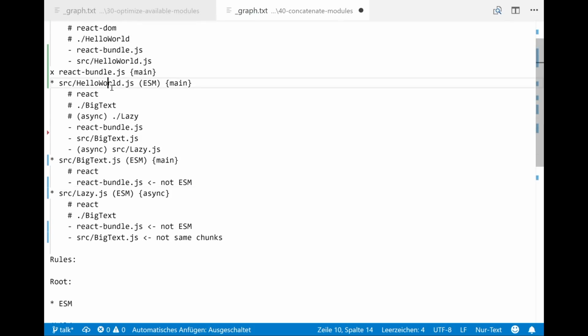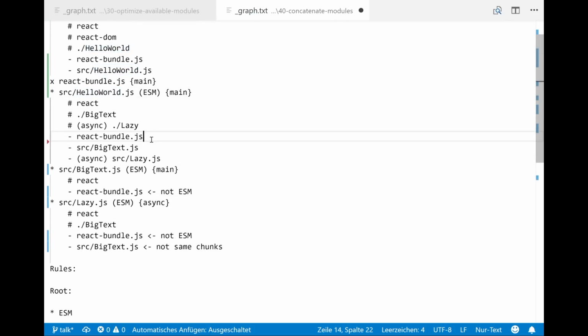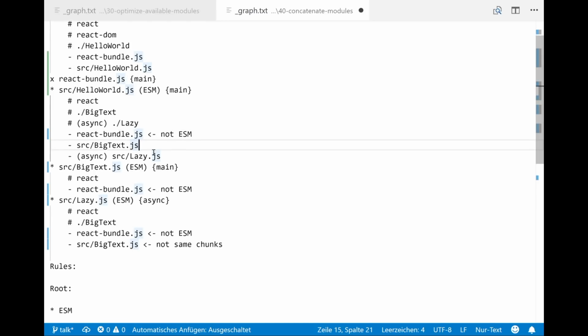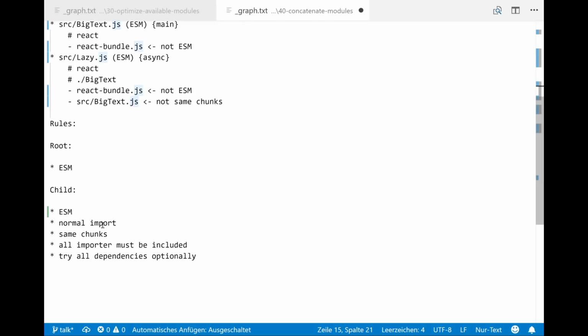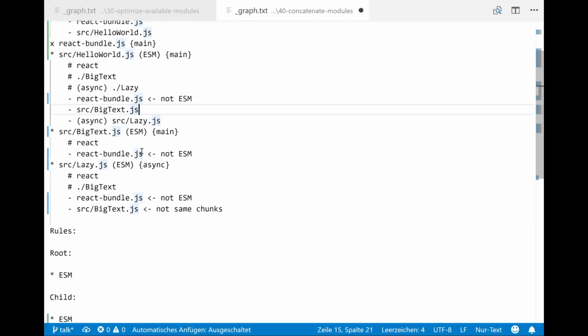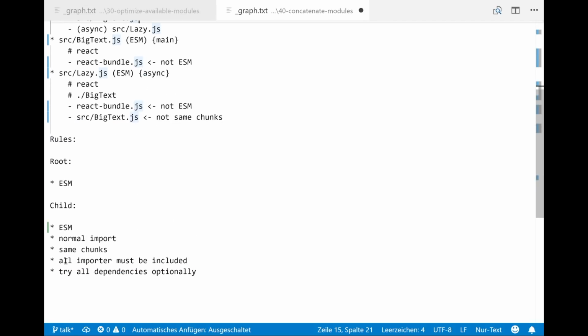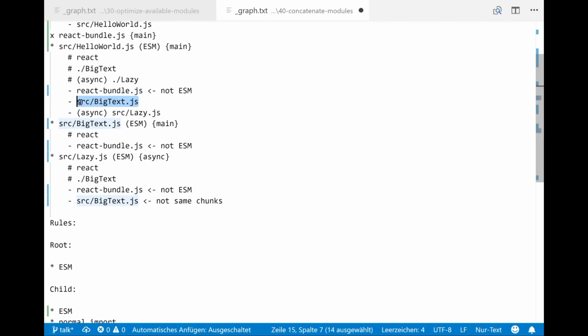So we try this with Hello World. This one doesn't work. This one could work. It's ESM. It's included with a normal import. It's in the same chunks, yeah. And all importers must be included. If we include a module into a scope hoist, it's no longer accessible by other modules. So every module importing this module must be in the scope hoist group too.